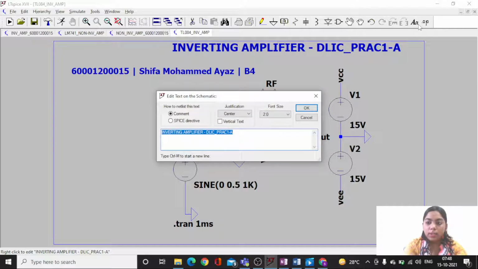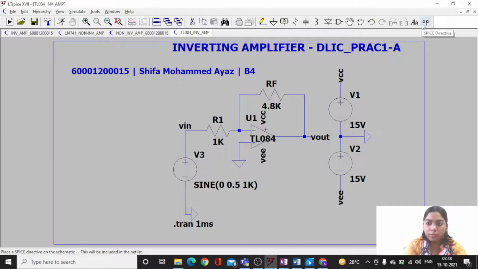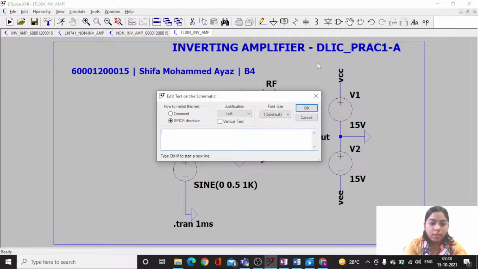When you click on this, I'll show you over here, Spice directive. You will have two options, a comment or a Spice directive. A Spice directive is something like a header file being included or some PSpice model being included. So I'll click on Spice directive.